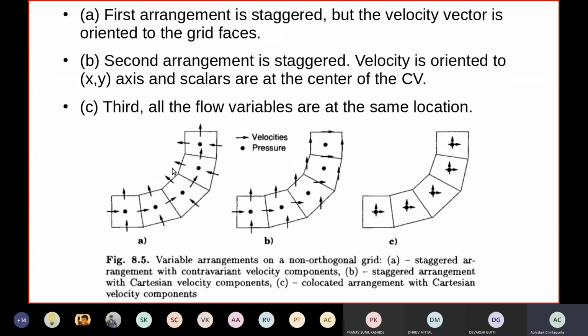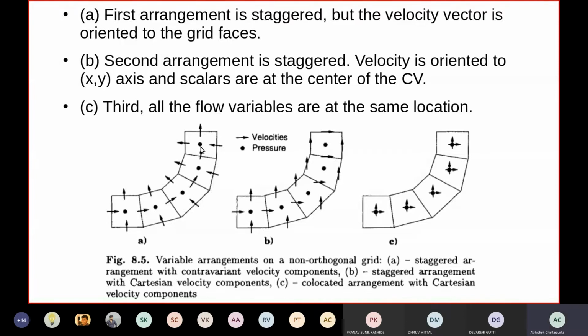So you can see here. If you imagine this small control volume as a standalone control volume, you can happily apply your conservation laws. There is some mass flux coming in here, some going out, a mass flux coming in here, and one going out. And because of this difference in velocities, the velocities will be converted to pressure energy. If you look at Bernoulli's equation, P plus half rho v square equals a constant. Even if you apply that simple form of the incompressible energy equation, you are going to happily get your pressure. You are able to apply the conservation laws without any issue. So the velocities are aligned in a different way.